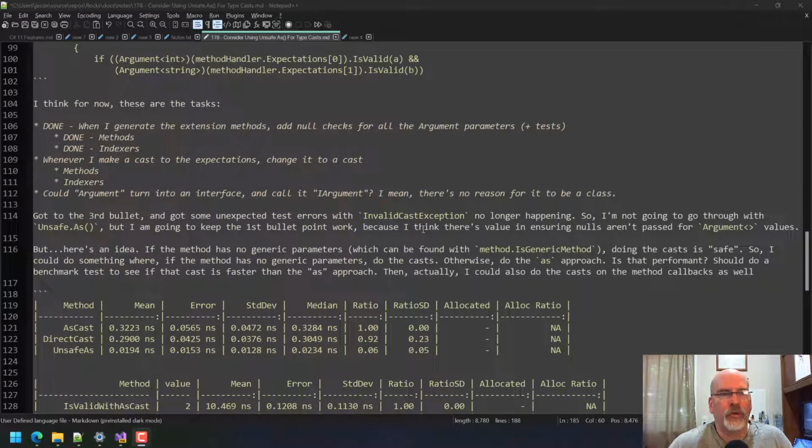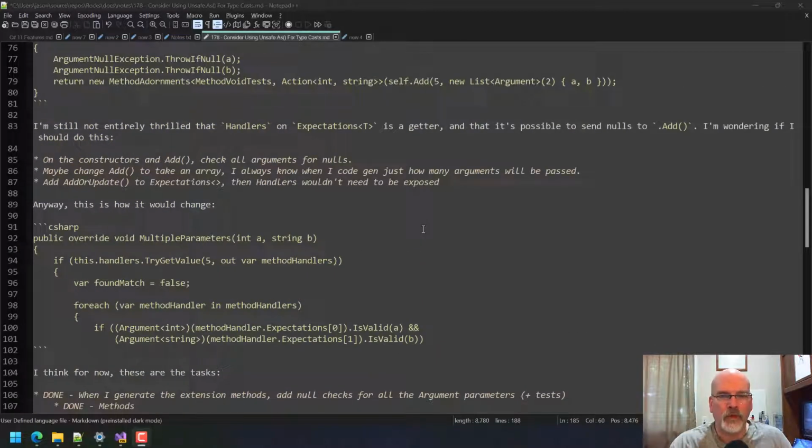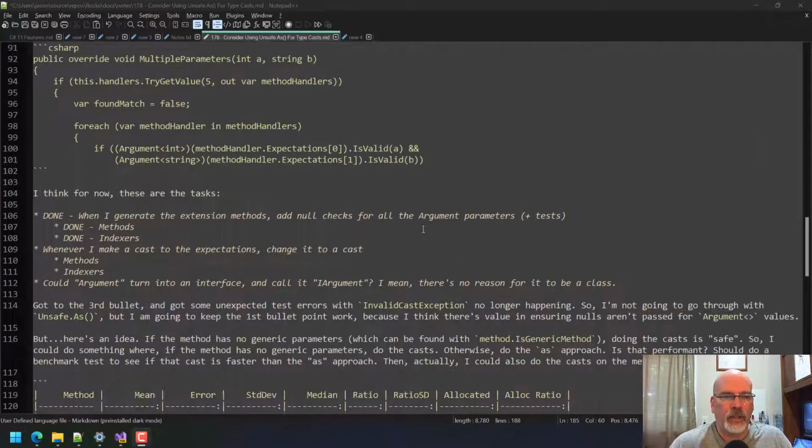So one of the things I looked at is, well, where am I in my notes here? So you could change it like this. And the thing is that I was sometimes getting these invalid cast exceptions. And what I finally realized is I was getting those because the method is an open generic, you set an expectation or the return function or something like that with a different type for the generic.